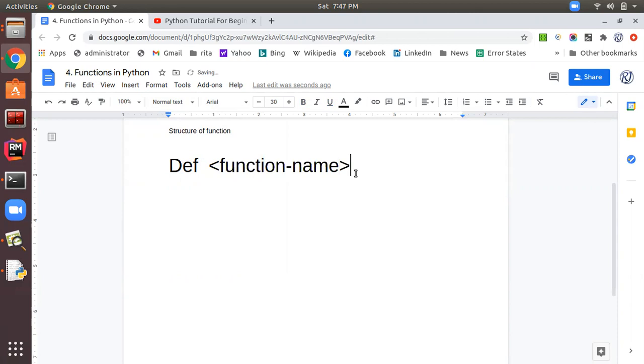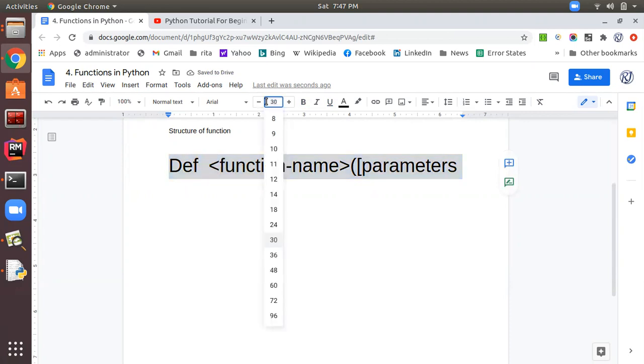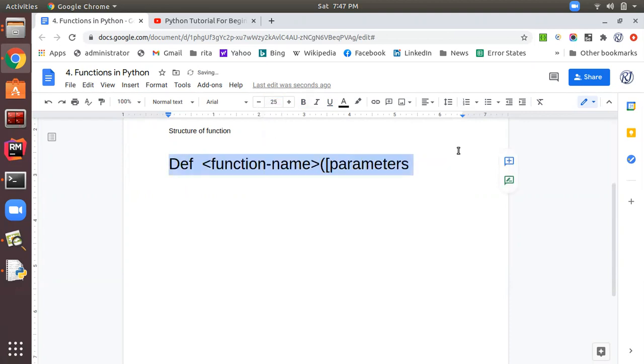Then in round brackets we provide the parameters, arguments, or the parameter list.